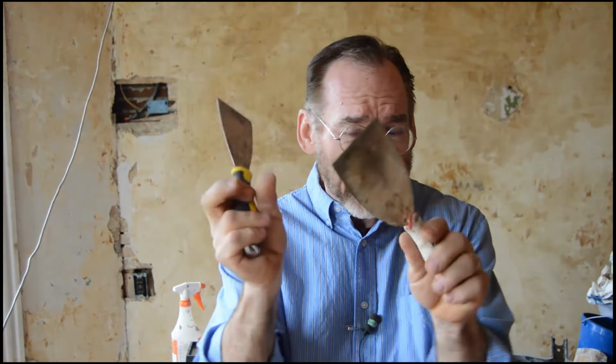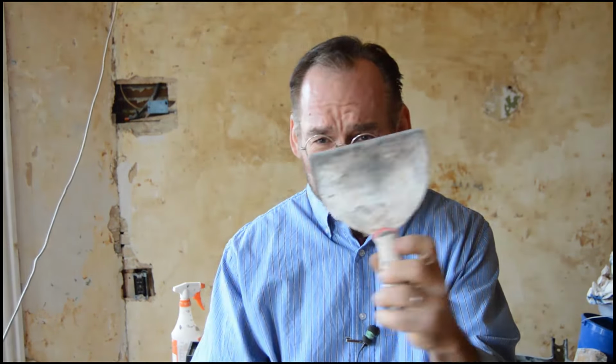This is not high-end plaster work. This is very basic stuff. Anybody can do it. And we're going to start with very simple tools. A stiff trowel, short, we're going to mix with this, and a fairly stiff, larger trowel we're going to apply with this, like so. Also, you'll need a drill,